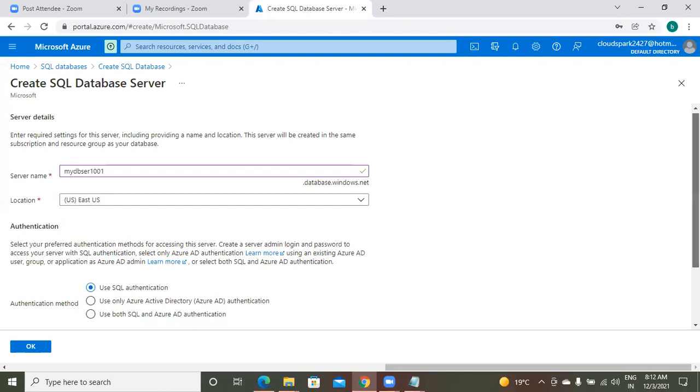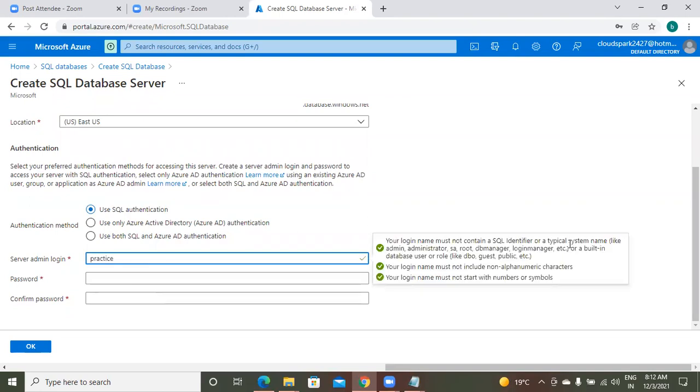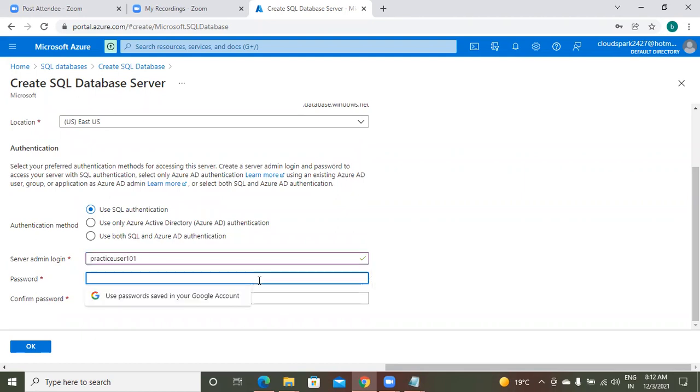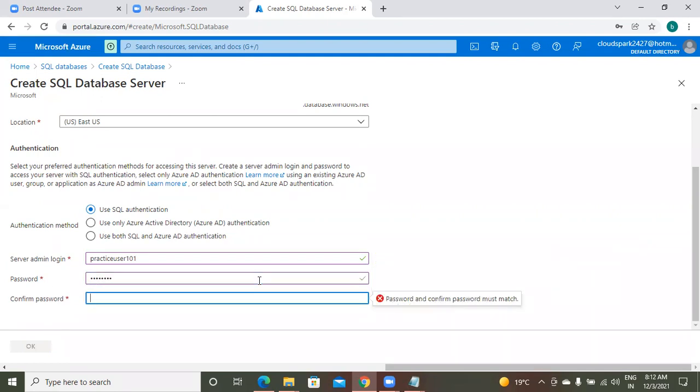Authentication method, for now I'm going to use SQL authentication. Server admin details, I give a user ID and password. Suppose practice user 101. This is my user and some password I am giving. I'm confirming the password.